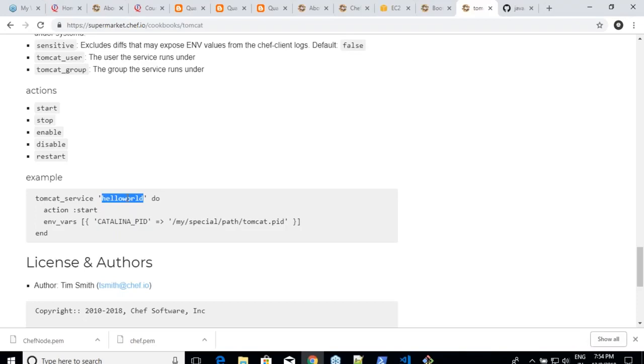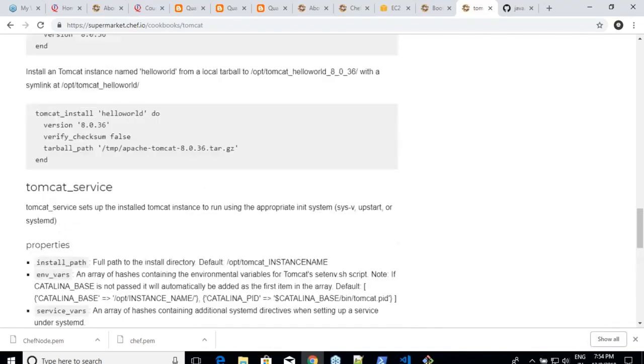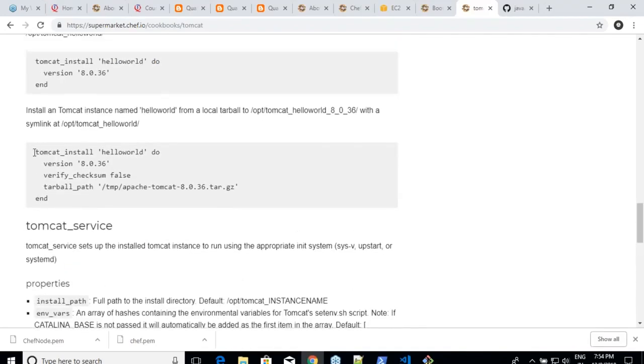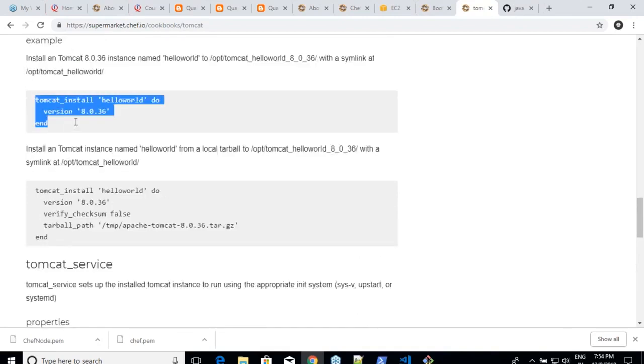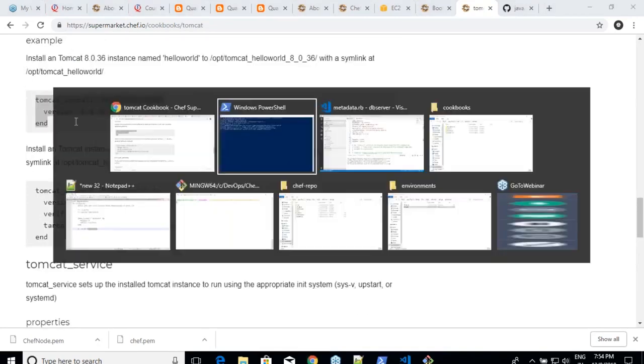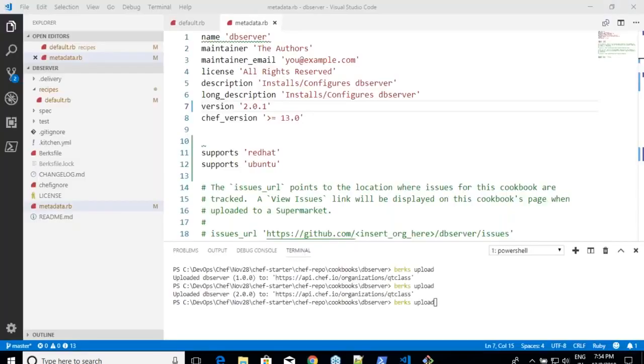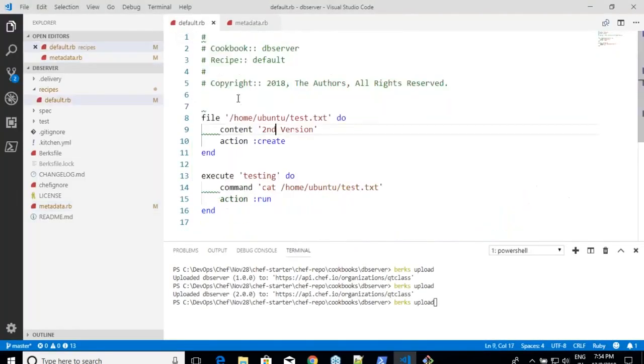Yeah. So if I want to use this cookbook, what is it that I should use? I'll basically use something like Tomcat. This is a Red Hat machine, right? I have to write this in DB, it is Ubuntu. Yeah, it's okay.